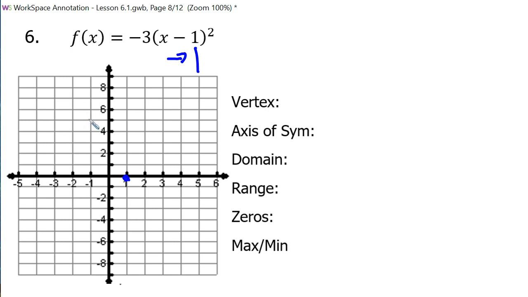Instead of going up, which direction do we have to go? Down. But instead of going up 1, how many do we have to go down? 3. So over 1, down 3. If I go over 2, what is 2 squared? 4. If I triple that, what's 4 times 3? 12. Do we have enough room to go over 2 and down 12? No. So those are the only 3 points that will fit. 3 points make a